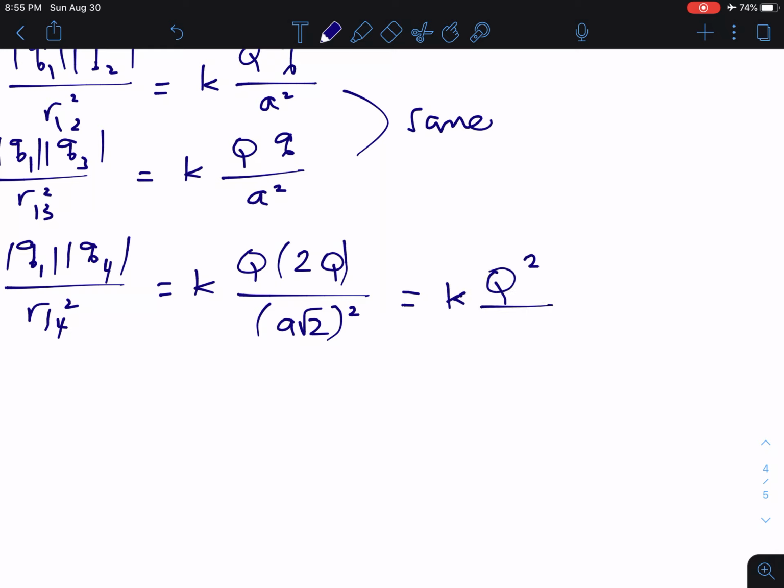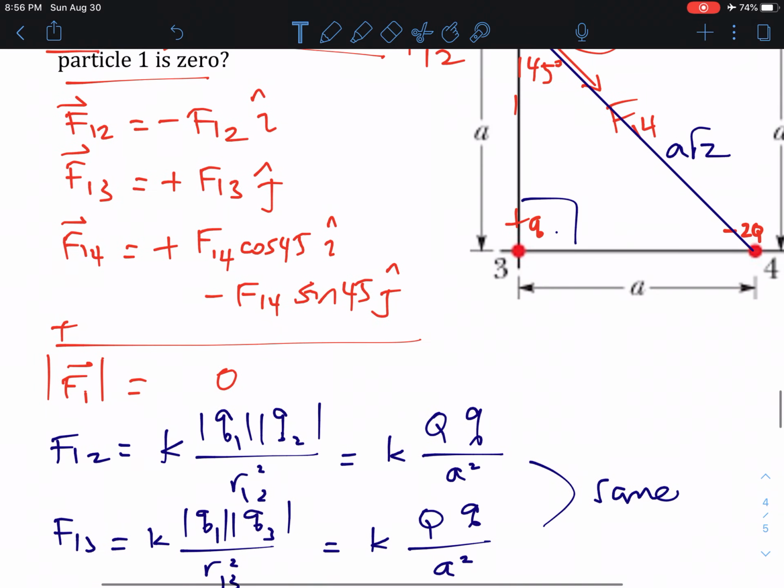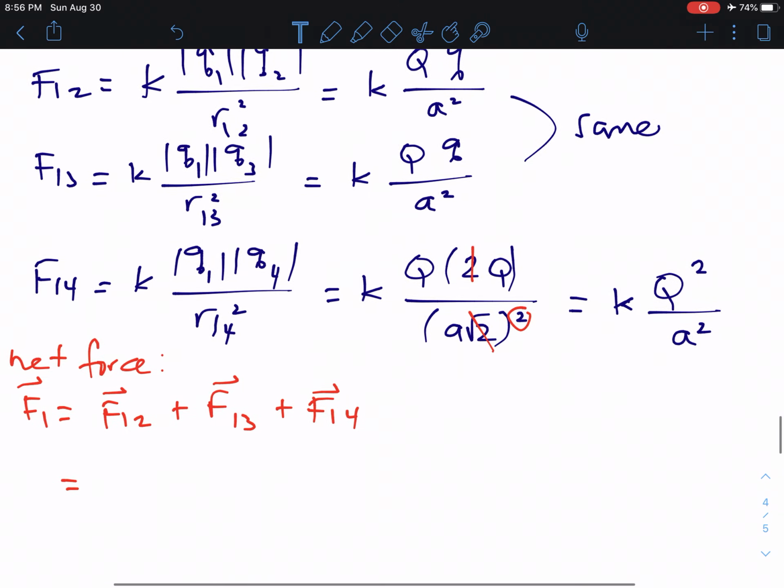Okay, so let's write down our equation now. F1 equals, that's the net force, okay? The net force is all those added in vector form, of course. The equations I got are just the magnitudes, but we wrote the vector forms up here, so we're going to use them. F12 was negative, so we have negative K, Q, q over a squared, and that is in the negative i hat direction, plus